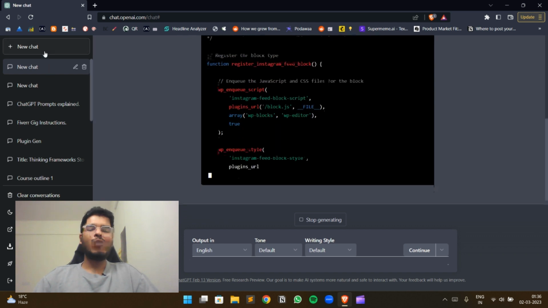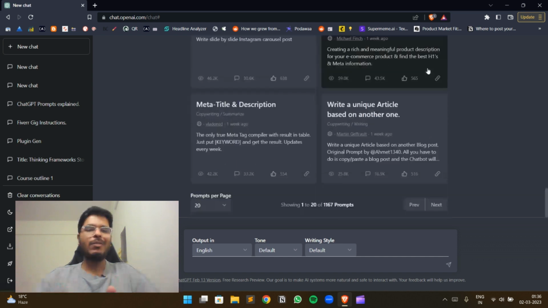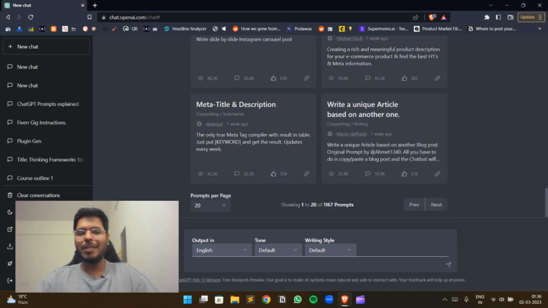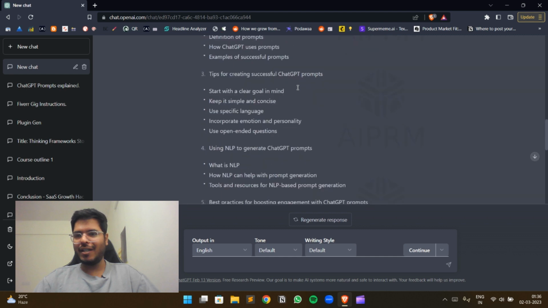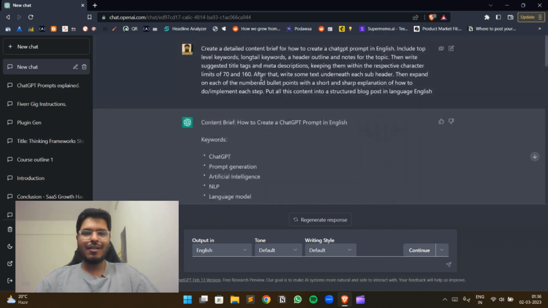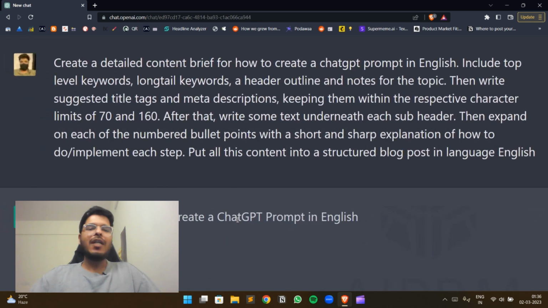Now, how do these prompts work, and how are they different from the usual ChatGPT that we use? If I go back to the blog thing, wherein we created a blog post in a single click, let's go back to the prompt, which is: create a detailed content brief for how to create a ChatGPT prompt in English, which was the title.